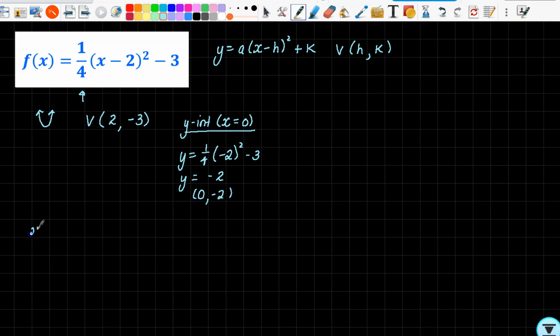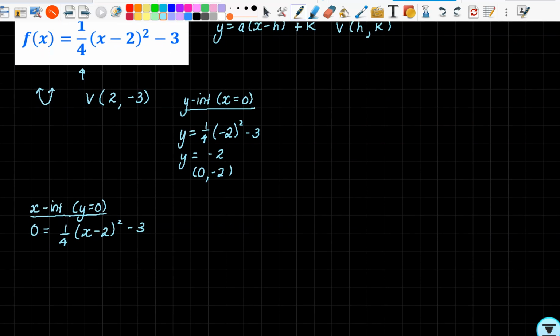Now to find my x-intercept, we make y equals 0. You have a couple of options here. You can expand everything if you really want to, get everything on one side, then use the quad formula or whatever. Since it's in this form, I'm going to do something a little bit different. We're going to get rid of this minus 3. That becomes positive 3 on the other side, equals 1/4 (x take 2)